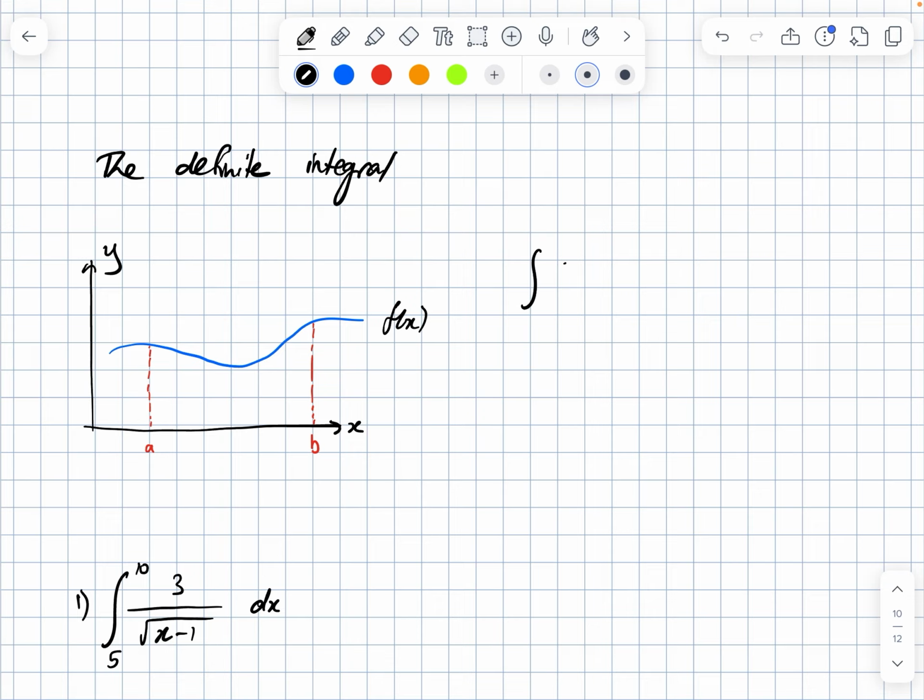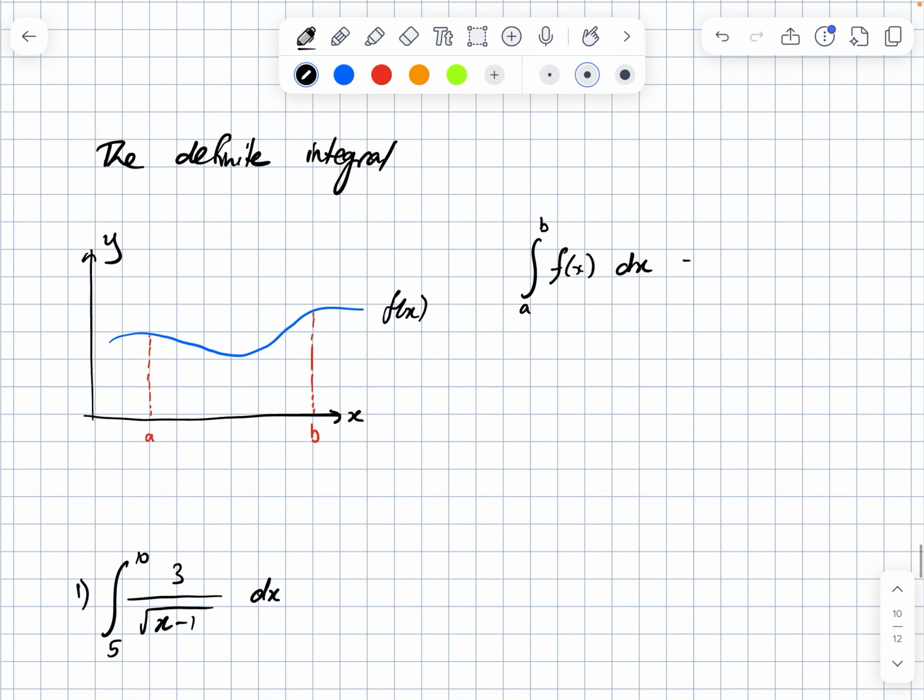To write a definite integral, we are going to continue with our same notation, so the integral of the function in terms of x. But with our a and b, we're going to add the lower one at the bottom of the sign and the bigger one at the top of the sign. So this says now to integrate the function of x between a and b, and we are going to rewrite this as the